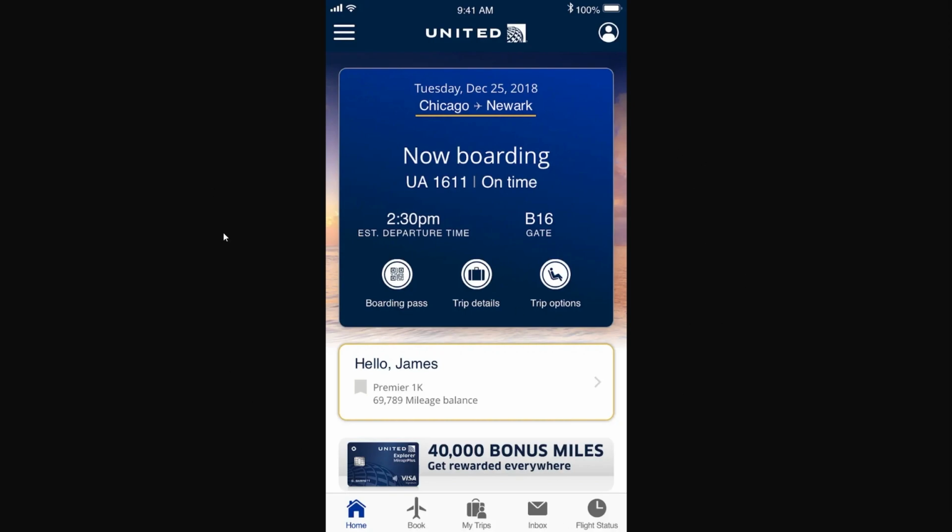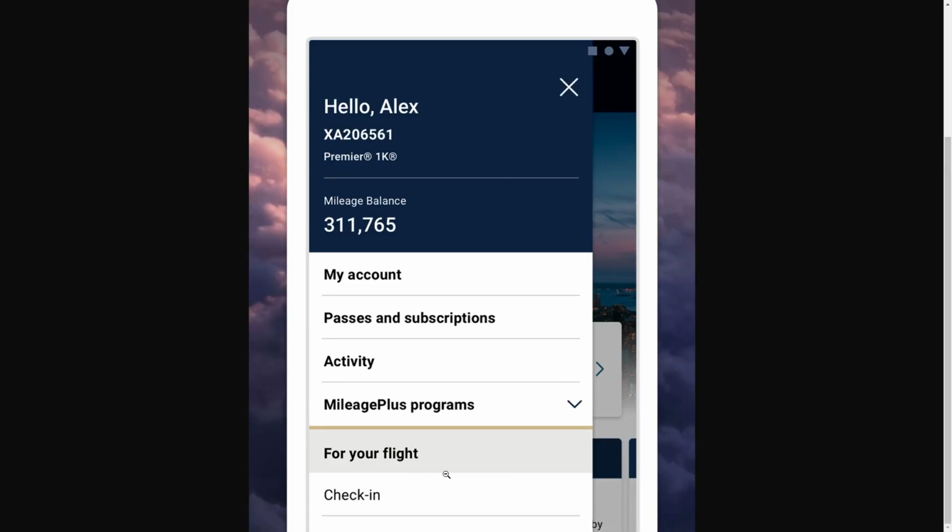Now what you want to do from here is go up to the top left corner where you can see those three bars, and we just want to click on that to open up the menu. So when you open up that menu, it looks something like this, and we can see a whole bunch of options like my account, passes and subscriptions. But we just want to open up the Mileage Plus program, and then we should see an option down here that says check in. Now we just want to go ahead and click that check in button,